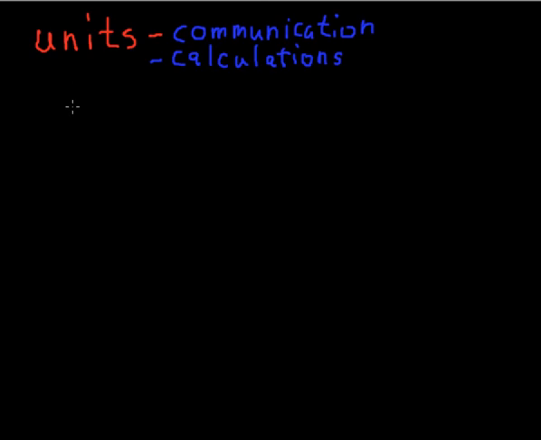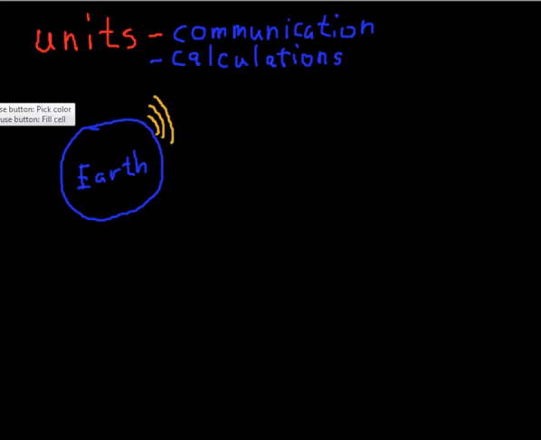So scientists around the world, we'll just draw the world, they often collaborate. They work together. And a scientist in maybe China might find some data, and he's like, oh, I've just found this very interesting data. So he puts it out there, he communicates it to the world. He's like, I found this data. Will somebody help me analyze it? And a British scientist might say, okay, I'll help you out. But the main thing they need is a shared